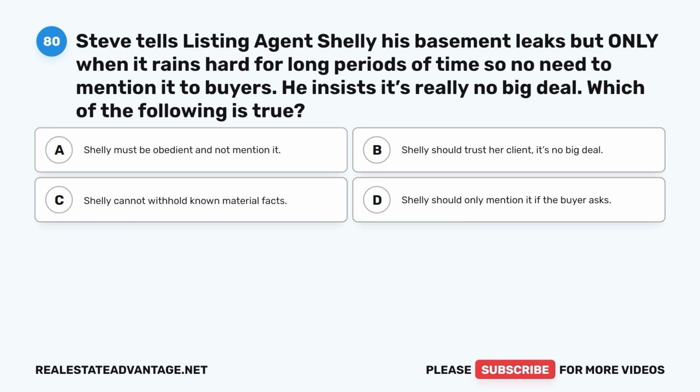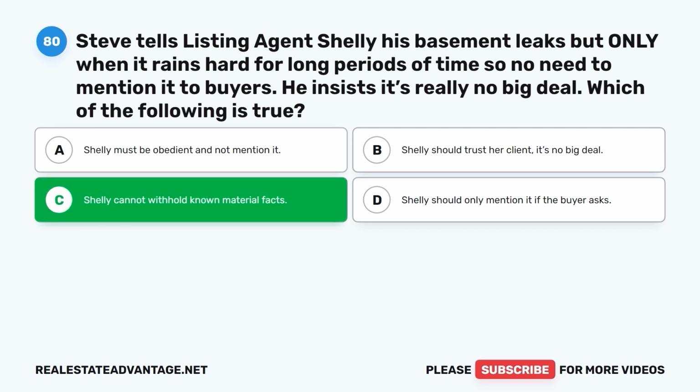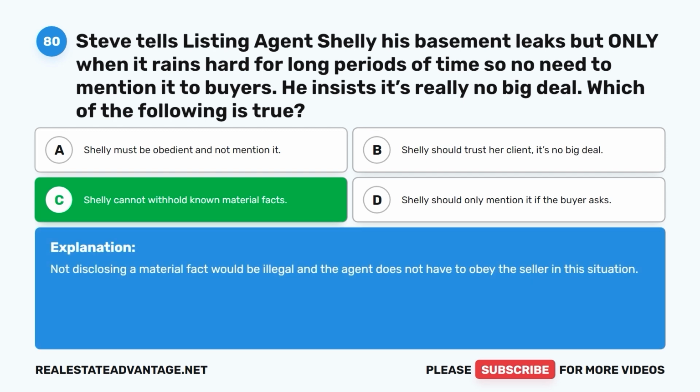Question 80. Steve tells listing agent Shelley his basement leaks, but only when it rains hard for long periods of time, so no need to mention it to buyers. He insists it's really no big deal. Which of the following is true? A. Shelley must be obedient and not mention it. B. Shelley should trust her client. It's no big deal. C. Shelley cannot withhold known material facts. D. Shelley should only mention it if the buyer asks. The correct answer is C. Shelley cannot withhold known material facts. Not disclosing a material fact would be illegal, and the agent does not have to obey the seller in this